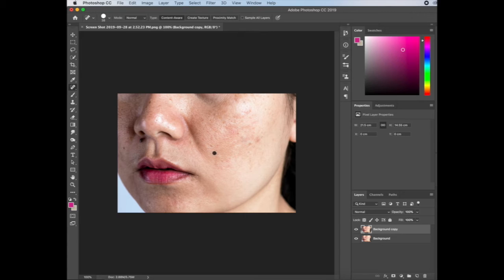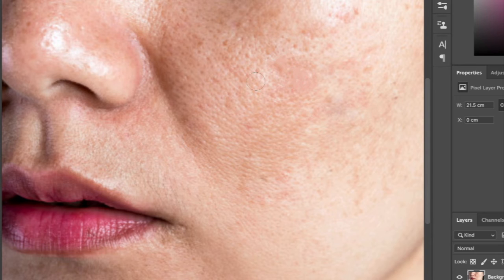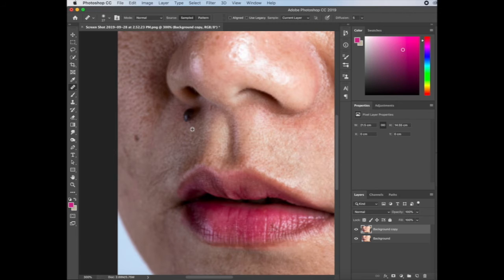The spot healing brush is a default healing tool in Photoshop and can be used to clone areas from an image and blend the pixels from another area. So the basic principle is that the texture from the sample area is blended with the color and luminosity surrounding wherever you paint. So the main difference between them is that the spot healing brush requires no source point, so it might be much easier for beginners to use,